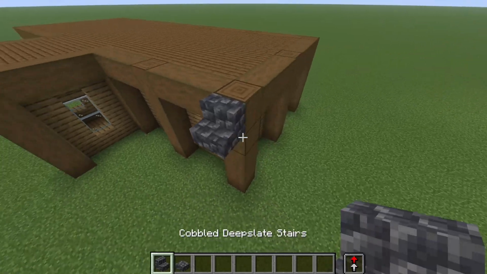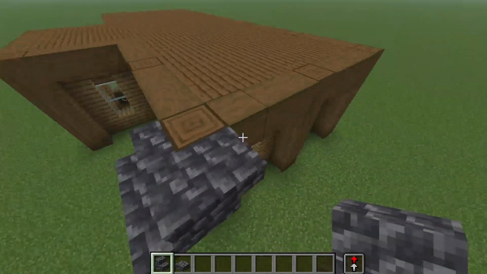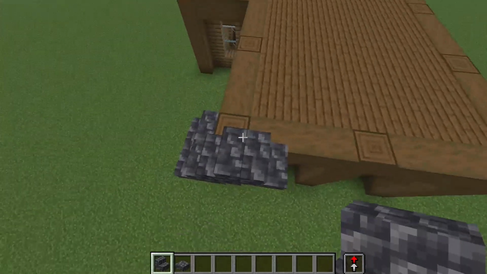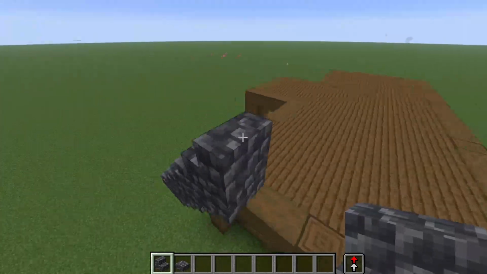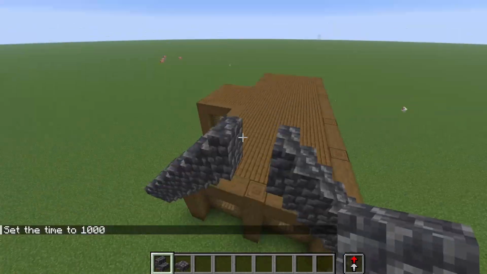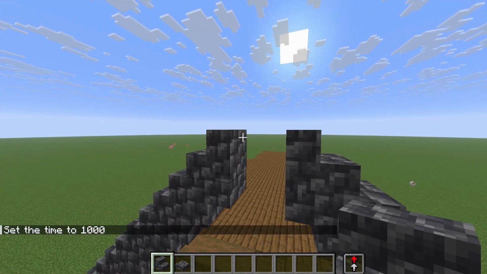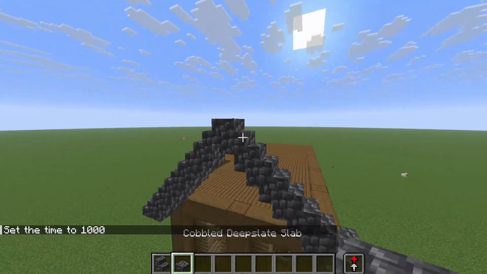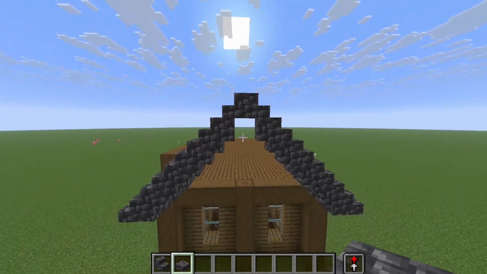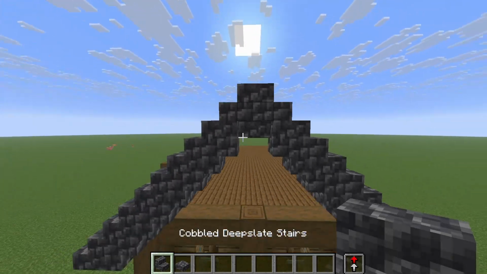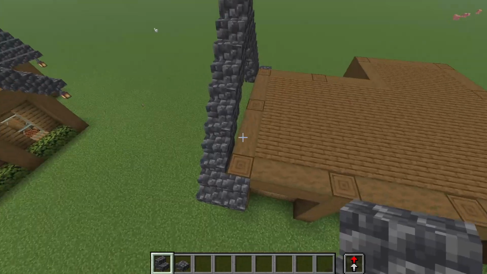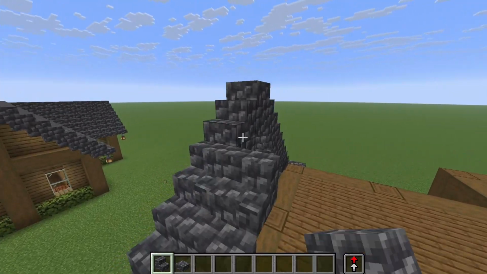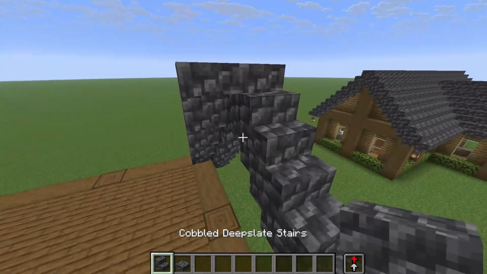So how I did this one was, it was a normal roof coming up like this, extending down, and then you're just going to bring it up to this point. Once you get to here, how I connected it, it was one down and then a slab like this. Another thing you could do is just a slab. I think it looks better when you do it this way, but it is up to you. So then what I did was I just filled in one more layer right here and then put in the slab